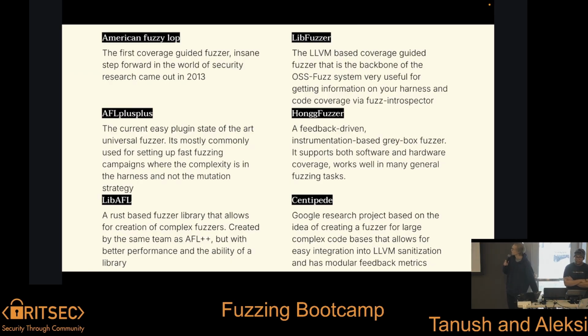This is a bunch of industry fuzzers, or popular fuzzers. AFL++, like I mentioned, is the industry standard. libFuzzer is also pretty good. It allows you to build your own custom fuzzers, which could be more interesting if you were fuzzing non-standard targets, such as a kernel or embedded devices. If you want to look at this on your own time, feel free. I don't think it's too important for the rest of this.